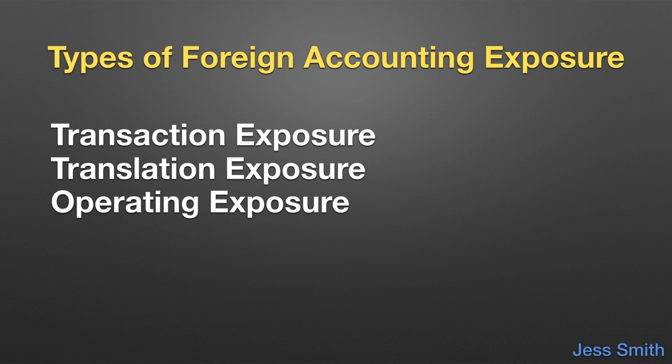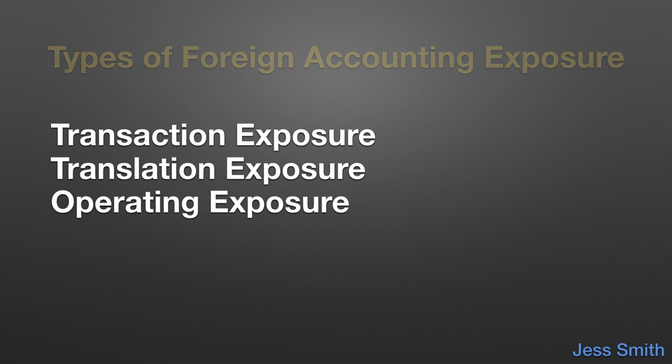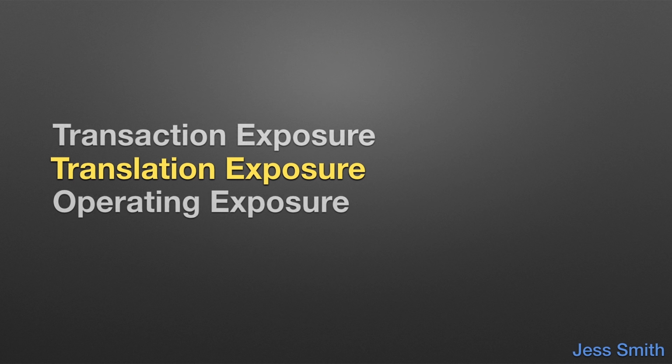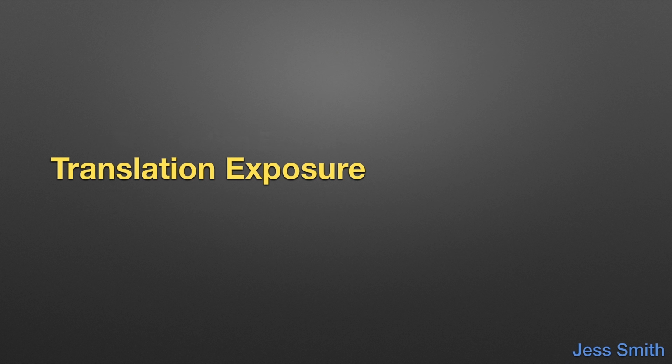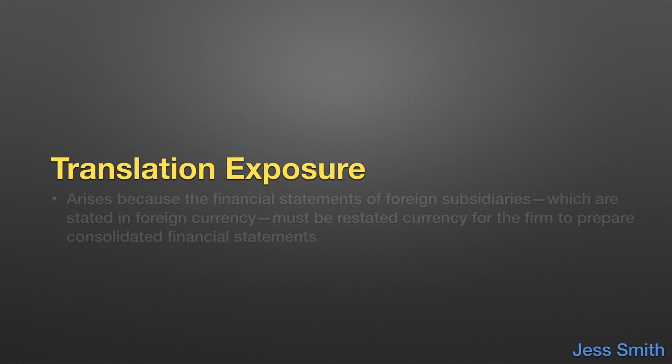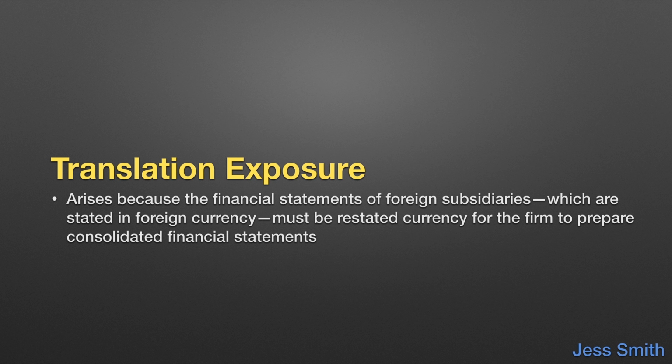We are examining three types of accounting exposure: transaction, translation, and operating. Translation exposure, or translation risk, the second category of accounting exposures, arises because the financial statements of foreign subsidiaries, which are stated in foreign currency, must be restated in the parent's reporting currency for the firm to prepare consolidated financial